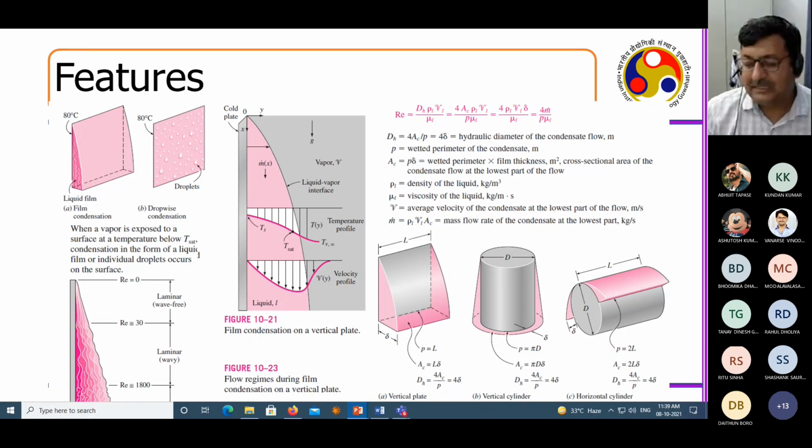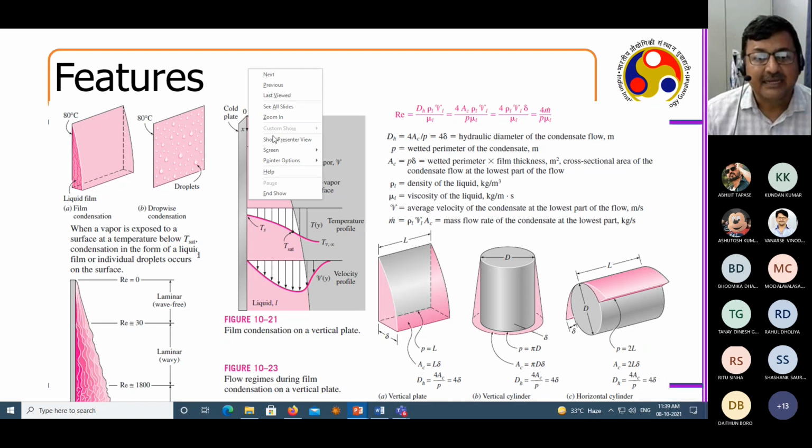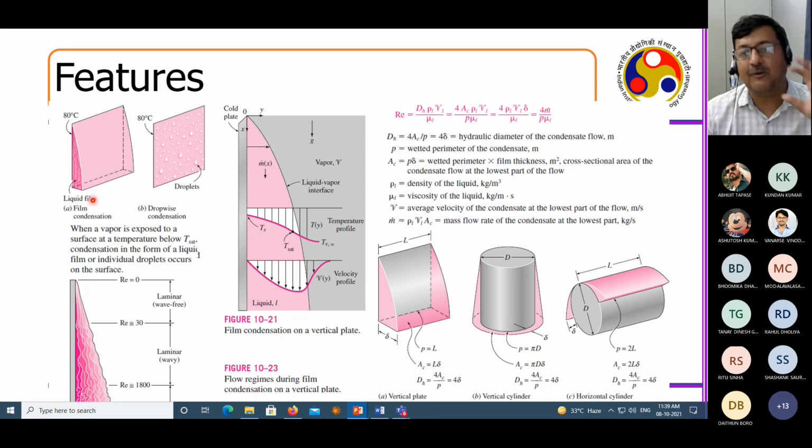Now if you really look at condensation, again, this is a convective situation. But since there is a phase change taking place, our idea should be, again, working on the Nusselt number, Reynolds number, Prandtl number, and all these things. Ultimately, we are going to do that. But now we have to take the phase change into action in the modeling, and then see how we manage that.